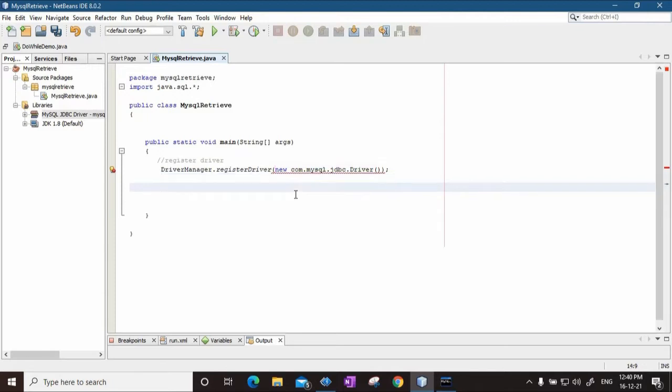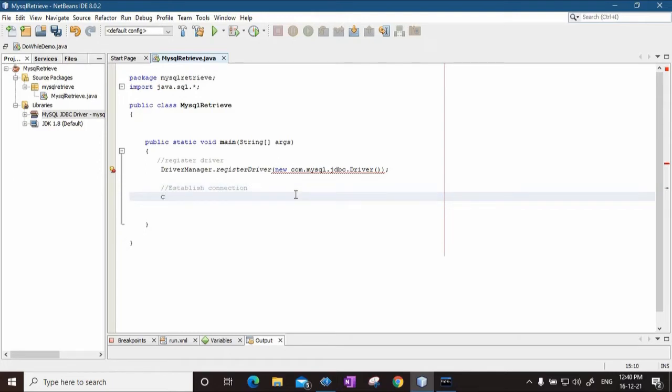So driver has already been registered. Now with this driver, I'll be establishing the connection with the database. We have already seen, to establish the connection, we are using a Connection interface.